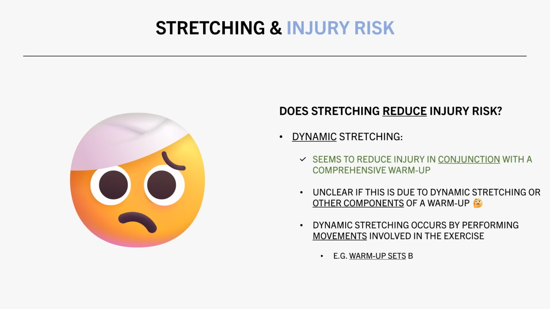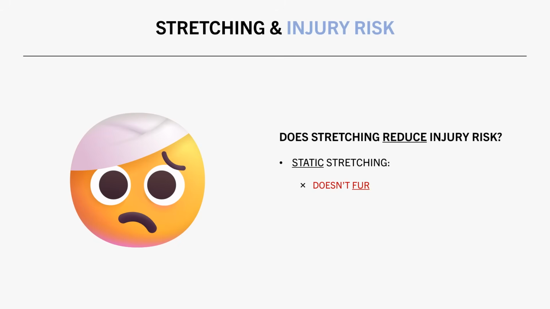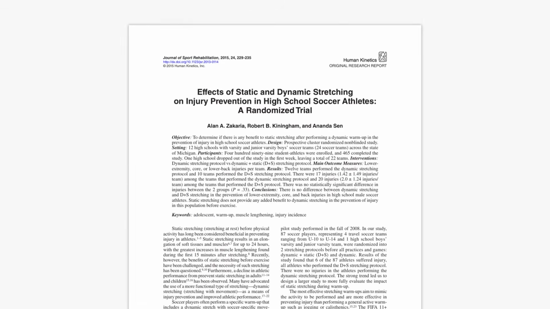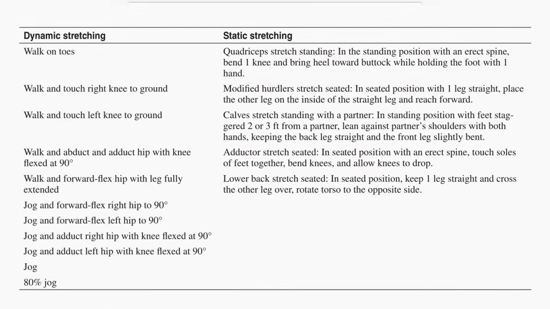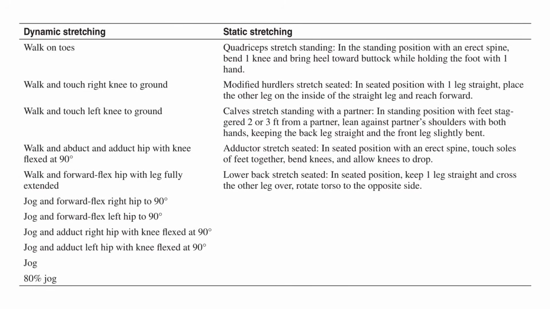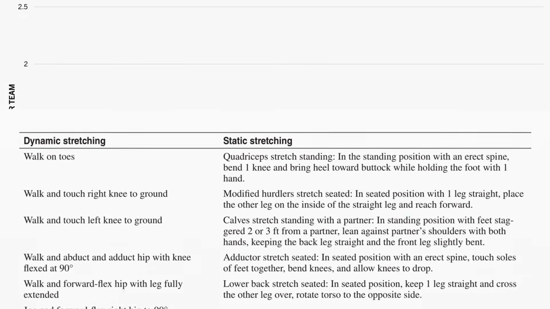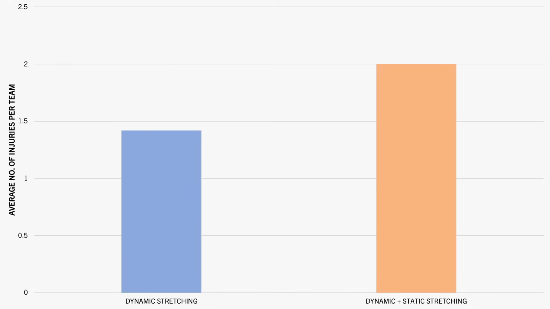For example, doing a couple of warm-up sets before resistance training will take the muscles and joints through the range of motion required for your subsequent sets. But when it comes to static stretching, it doesn't seem to have any additional benefits for reducing injury risk when incorporated into a comprehensive warm-up. For example, this study compared the effects of including either dynamic stretching or dynamic and static stretching into the pre-training and pre-match warm-up routines of 34 US high school boys soccer teams throughout a season. It was found that injury rates were similar between interventions,